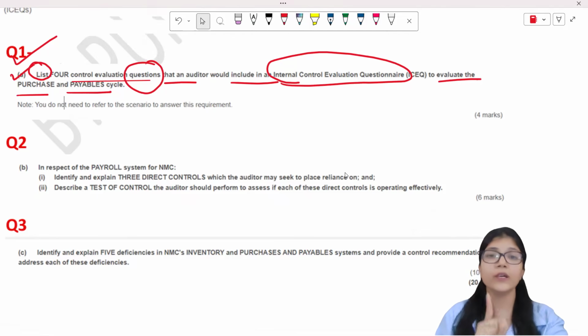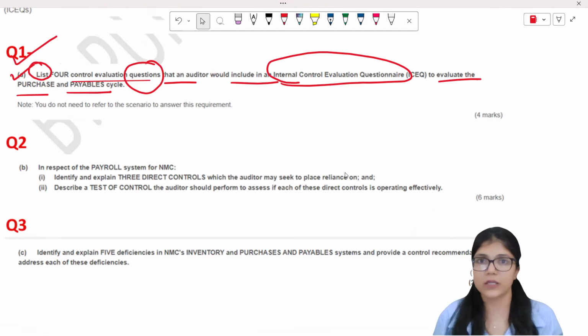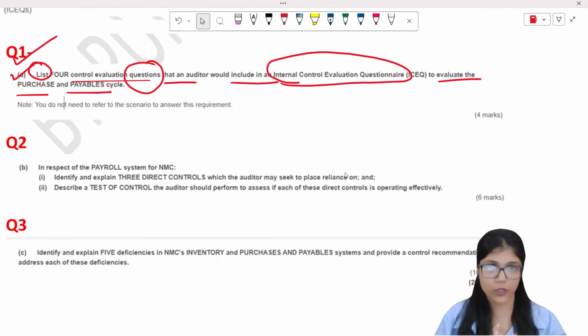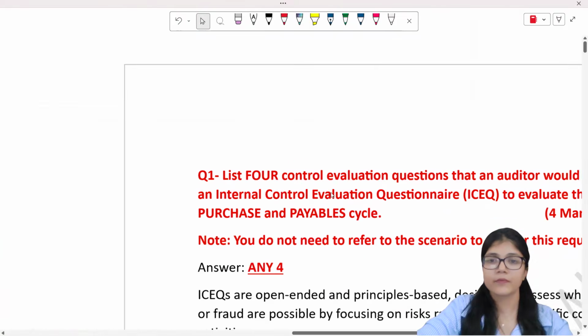So you have to be ready for such kinds of questions in the exam also. These are not difficult questions. This is just you using your actual concepts in a real world scenario, because ACCA is preparing you for a real world scenario. In the real world, nobody is going to ask you the definition of ICEQ. They will ask you what kind of question is, are you going to prepare for that? And that is what the question has asked you also, right? So let me show you the answer for this one quickly.